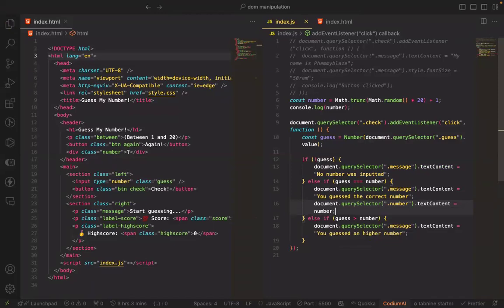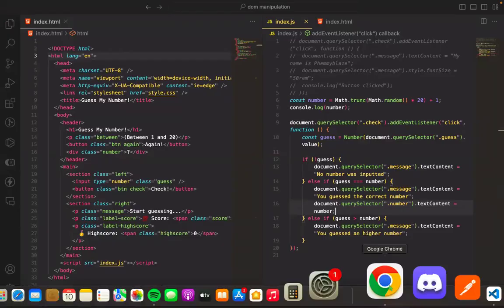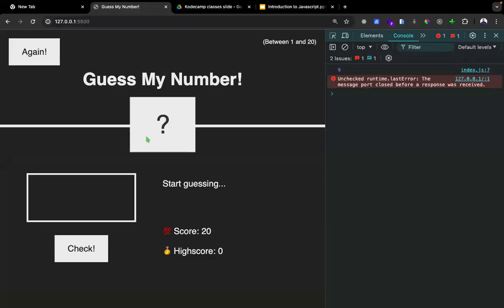So right here, if the number is correct, we want to change what we have inside this box. We have 9 here, and let's check 9. You can see 9 and 9. That means if our guess number is correct,